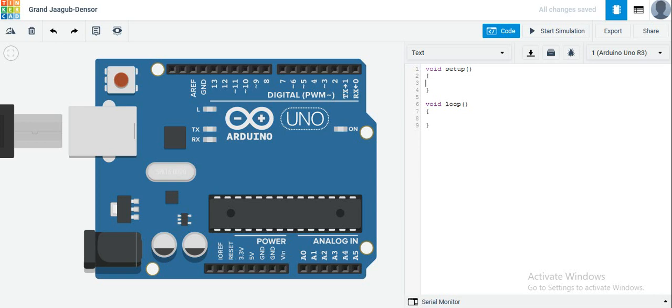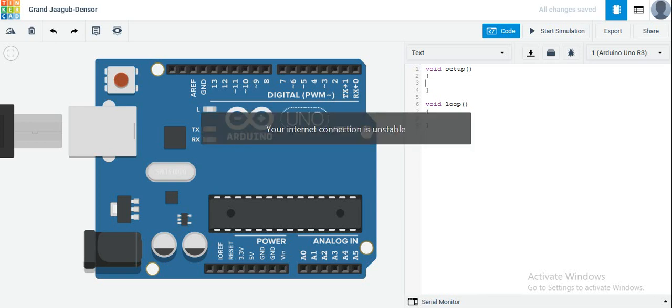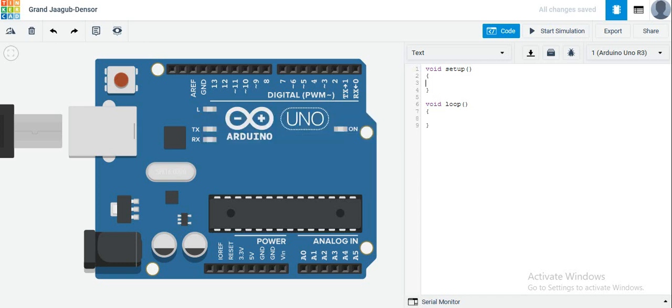Starting now, I'm looking at the two sections of the Arduino IDE, and we have void setup. Then you also have void loop. So please know that for void setup,